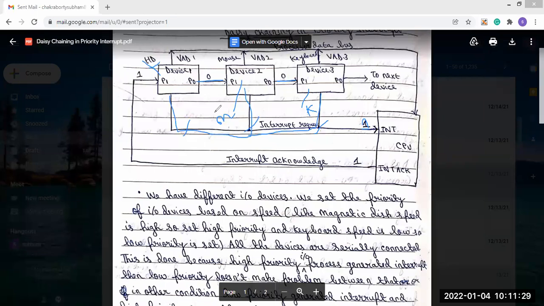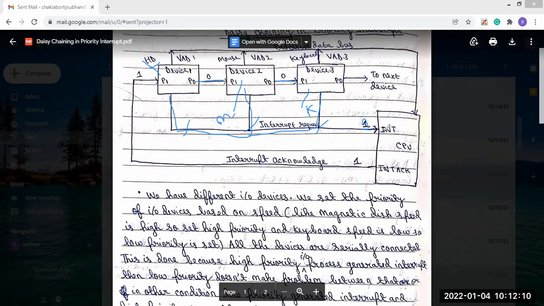But the problem is what? A 1 will go to the CPU. So the CPU will be able to know that among the three input output devices in our system, some device is generating the interrupt signal. But which device particularly is generating the interrupt, the CPU will not be able to know, because the CPU is getting only a 1. When the CPU gets the 1, it will think that an interrupt is generated, only that.